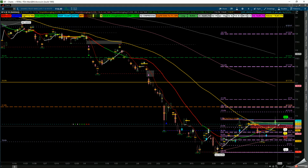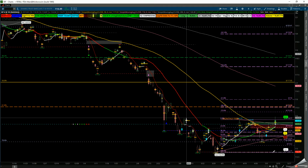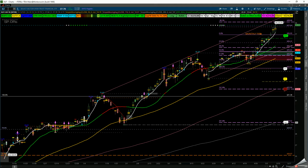If interest rates stay low, you have to keep an eye on the banking sector, which is the XLF, and the reason behind it. And you have the monthly fib here. We are in consolidation trying to break out of that symmetrical triangle in the charts. If I look at the XLF, which is the banking sector, if they increase interest rates, the banks make more money in credit card companies. You have to keep an eye on that in case there's a relief or there's a change in interest rates, XLF. If I look at the